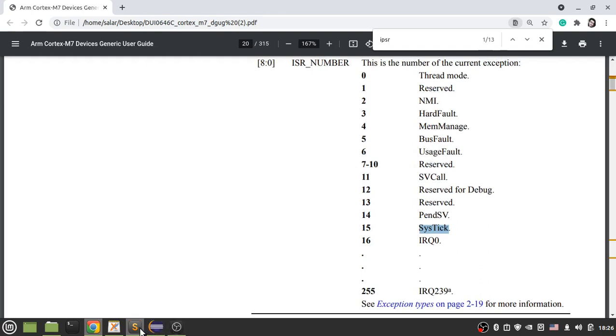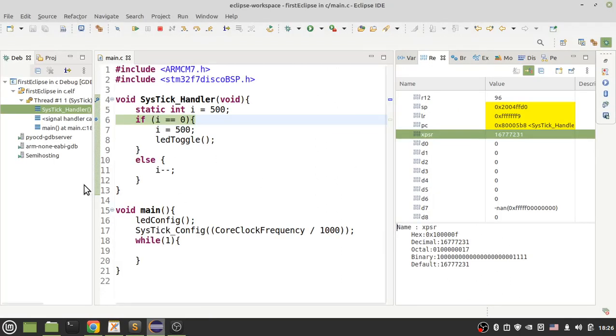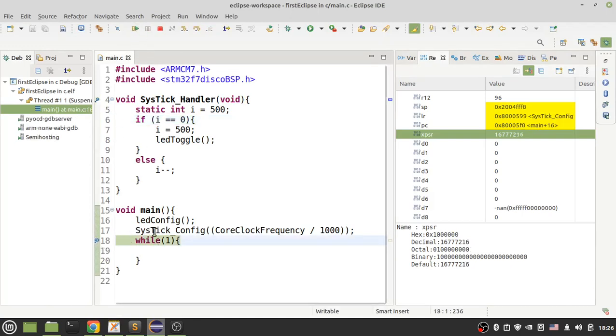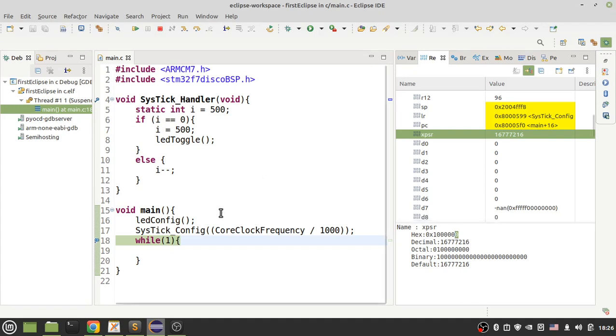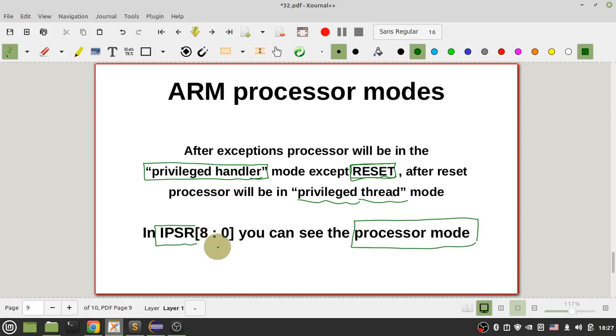Okay, if I jump to thread mode another time, the value of bits 0 to 8 is 0. Another time in thread mode. Okay, so let's go back to our slides. So with these bits in the IPSR register,